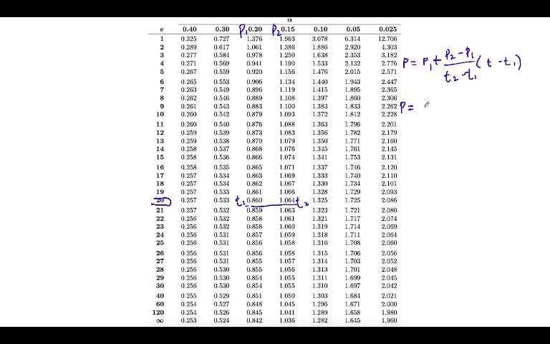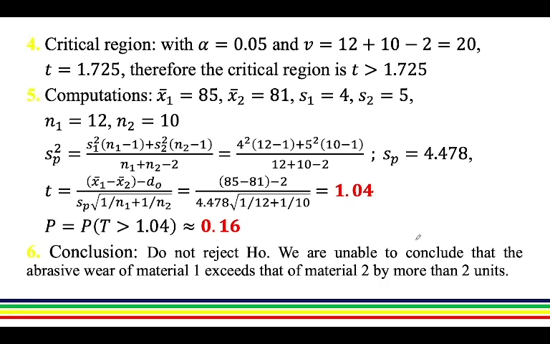So our P here is 0.2 plus 0.15 minus 0.2 over 1.064 minus 0.86 multiplied by 1.04 minus 0.86. Our P is 0.155882 or approximately equivalent to 0.16. So right here, the P is